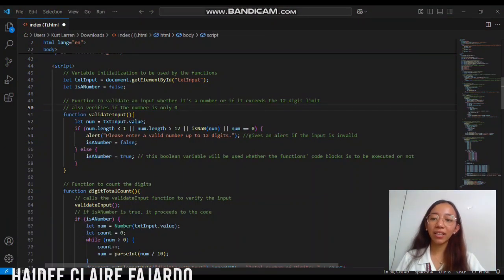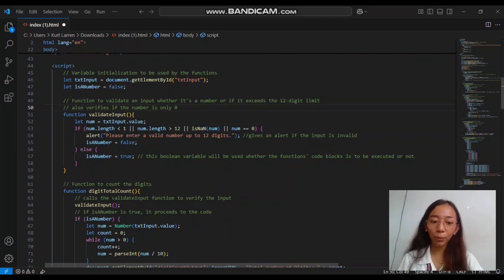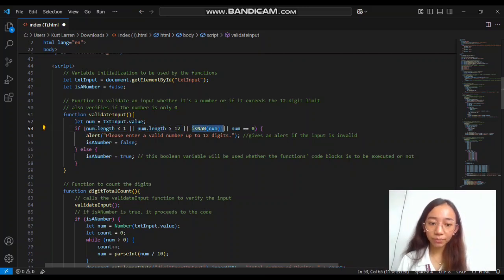Greetings, my name is FAJARDO, and now I'm going to explain the validate input function. For this function, it checks whether the user entered value from text input is a valid number up to 12 digits. First, it retrieves the input, then it verifies if it is empty, if it is longer than 12 digits, if it is not a number, or if it is exactly 0. If any of these conditions are met, an alert prompts the user to enter a valid number, and the global variable is a number is set to false. Otherwise, is a number is set to true,